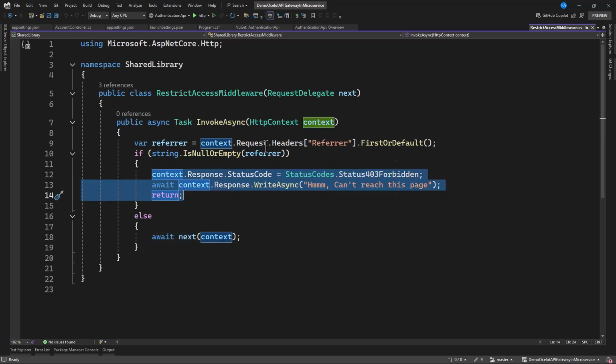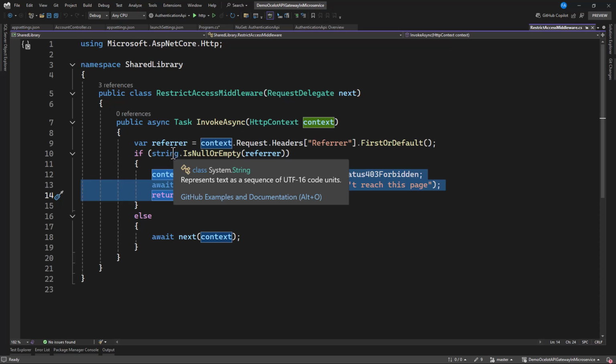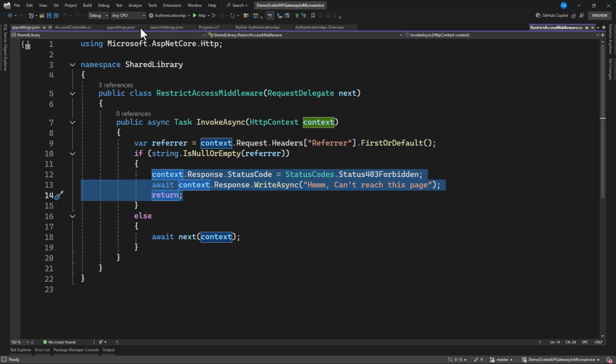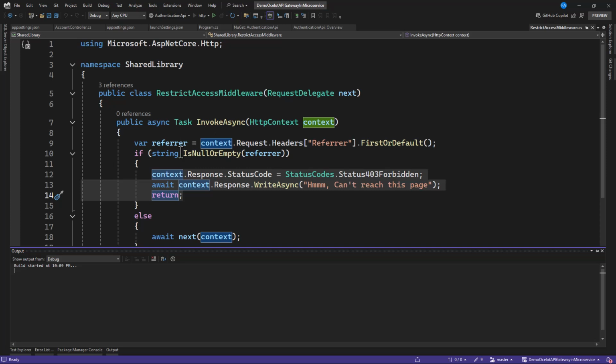You see? So any request that comes in must first be intercepted by the API gateway, and within that interception it is going to add a referrer header to the request. Now when it comes in, we also verify from the client, making sure this request is coming from the gateway, but rather not from any direct client. Great. So now this is going to work. Now when you run this again, if I try to register or log in, I'm going to get 403, that is forbidden. Let's wait and check it out.